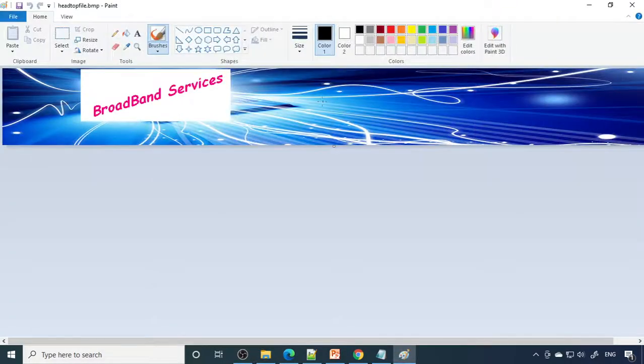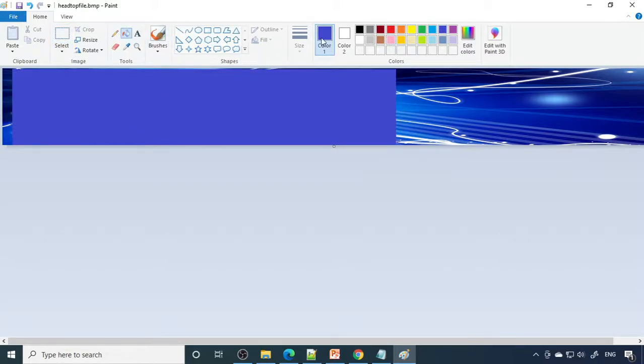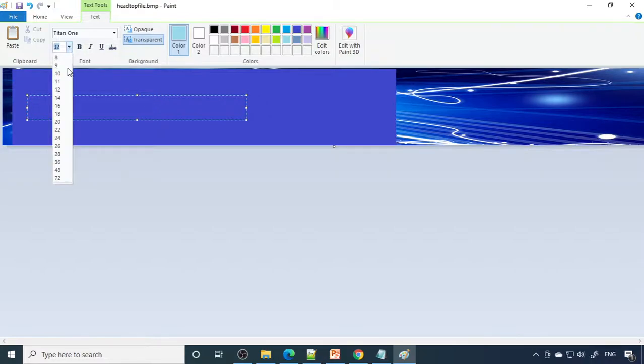I'll just go to edit. Then I'll make some changes to this. This broadband, I'll make a little bigger. We can choose some color here and place the color. Then we select the text color, then increase the font size.